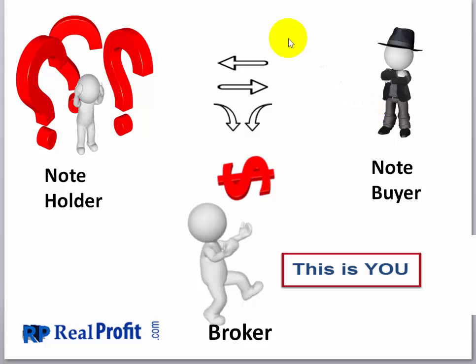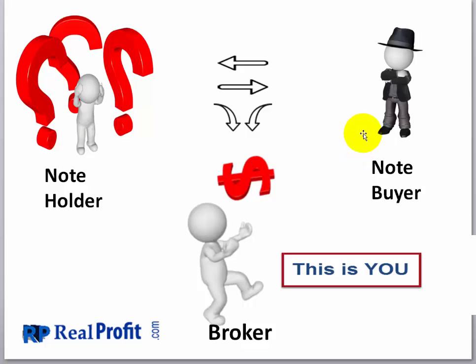But so the three parties that are involved are, one, the note holder, two, the note buyer, and three, the note broker. This, of course, broker is you. The note holder, they want to sell their note. They'd rather get cash. They've heard they can, but they don't know how to go about doing it. Remember, you can't go to the bank and say, I want to sell my note. They'll laugh at you. Well, you ask them, where do I go? I don't know. Where they go is, and we teach you how to find them. They find you, and that's the whole thing. They don't have a lot of options.